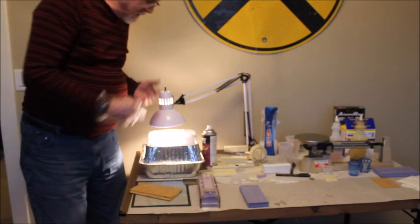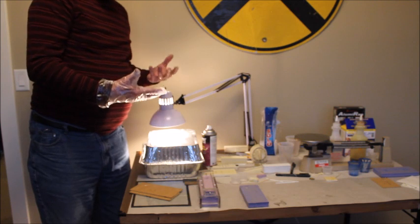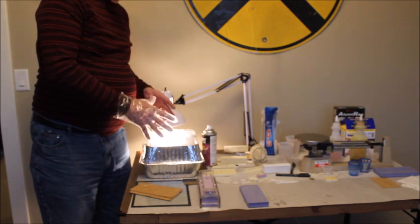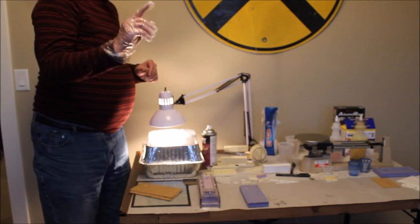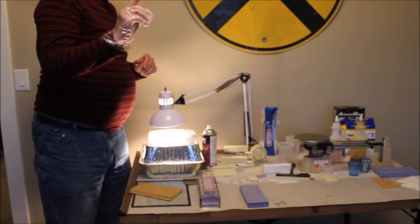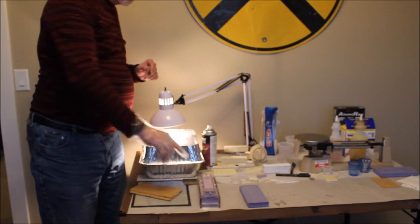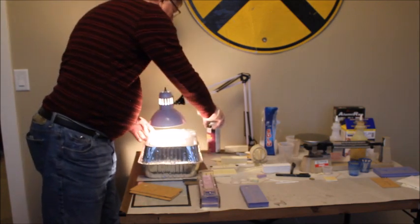The heat from the incandescent light goes into the pan, heats up the interior to about 120 to 150 degrees, and that extra added warmth will help cure the castings. So after the mold is fully cured for the 7 to 10 minutes, something like that, in the pressure tank, or after I get the backing on, what I will do is